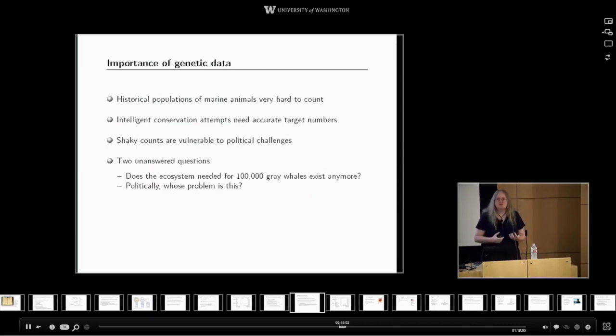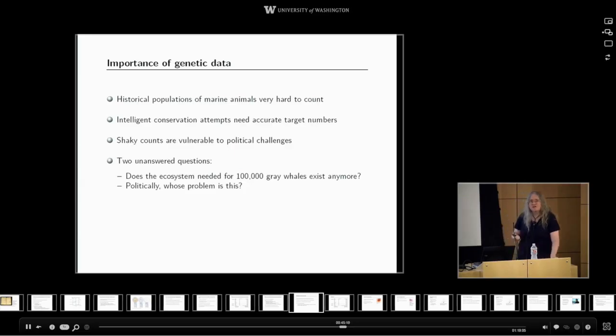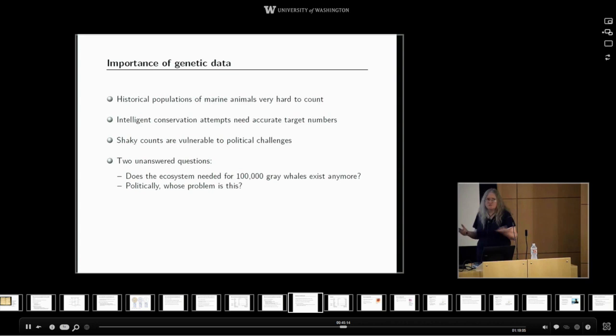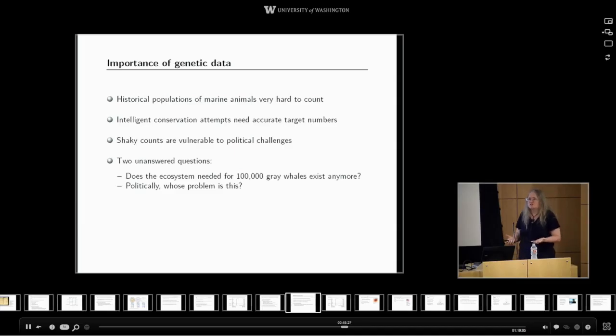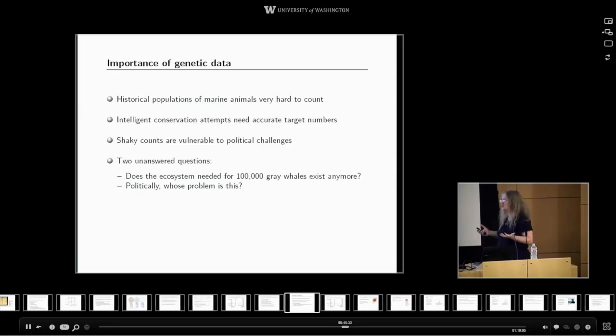So the great contribution of genetic data here is that populations of marine animals in the present are hard to count. Many of the users of my software are marine biologists, because the numbers and distribution of a lot of marine animals are extremely cryptic. A student told me a wonderful story, which I've cherished ever since. She worked on evolutionary history of beaked whales. And there's at least one species of beaked whale out there that is known only from a transient photograph snapped by a National Geographic photographer from a ship.